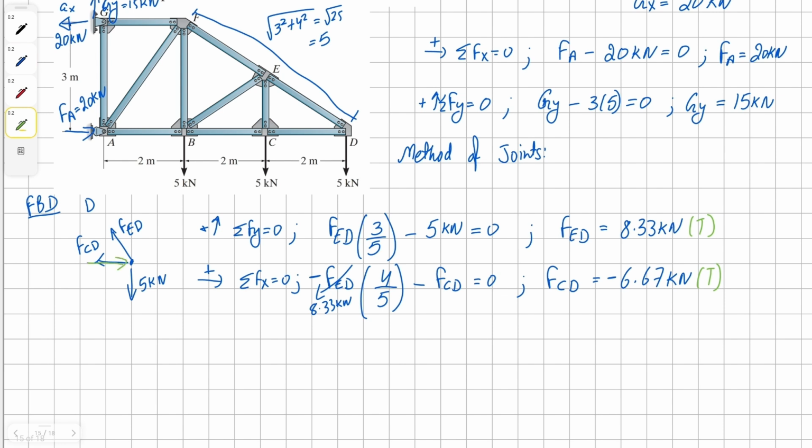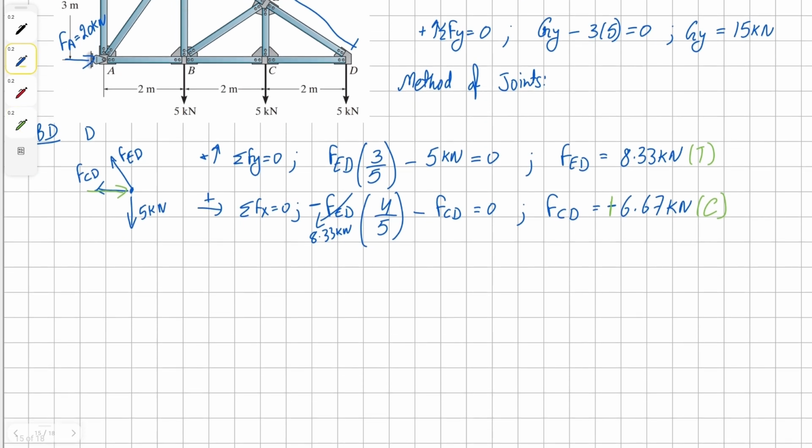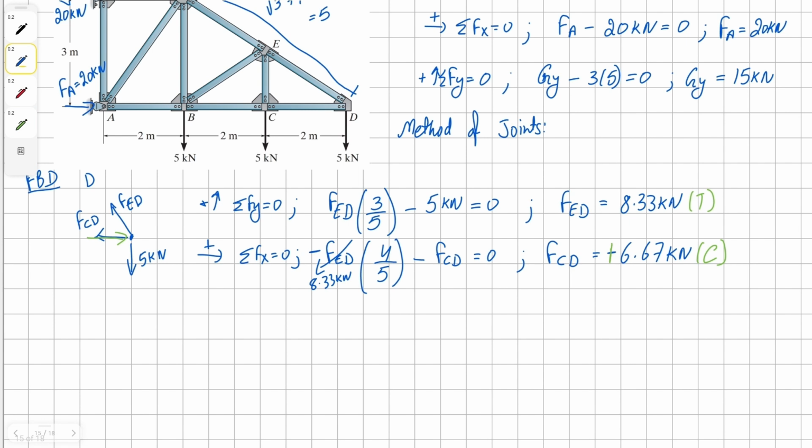Therefore, this vector is going to be in left to right direction, or pushing at the pin. This means this member is in compression. Now that we have found the forces for member CD and member FED,